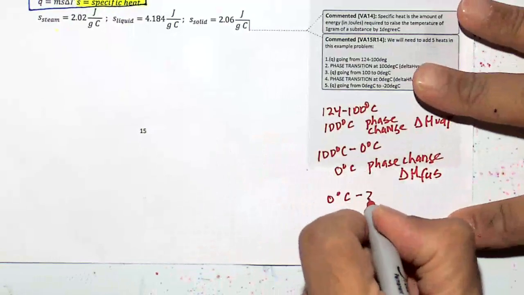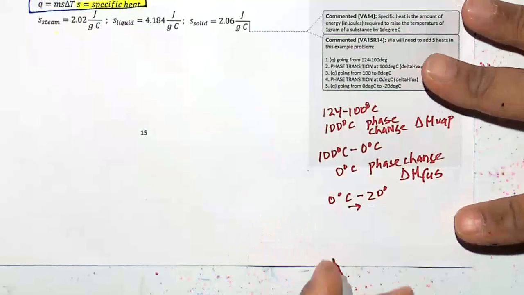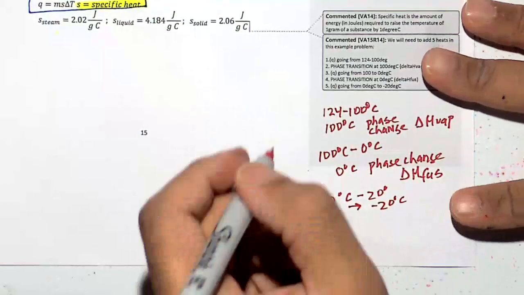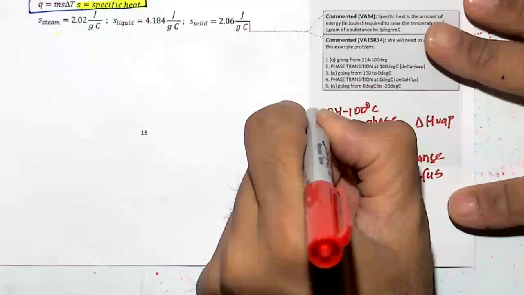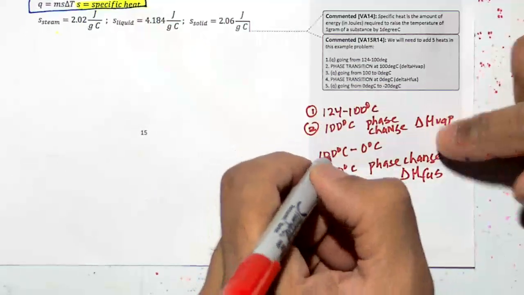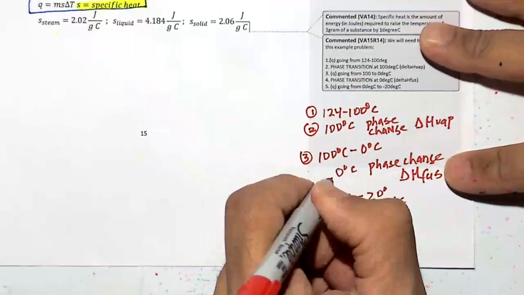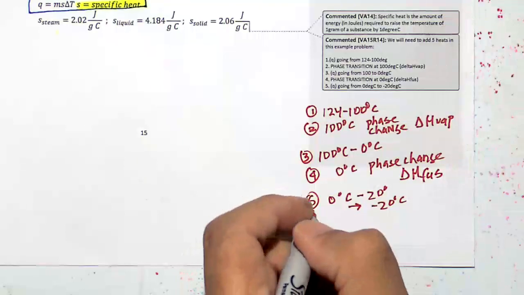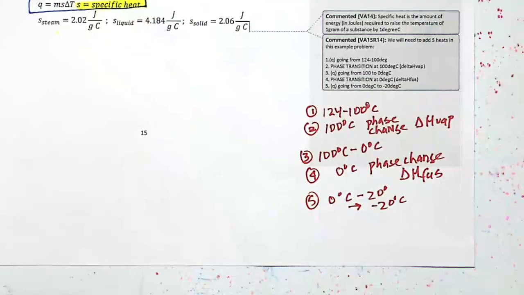So we have to sum up 0 to minus 20. It's not just plug and chug. We have to sum up the heat going from 124 to 100, the phase change at 100 degrees, then 100 degrees to 0 degrees, then the phase change at 0 degrees, and then the heat going from 0 to our final temperature at minus 20. So we're summing up 5 heats, 5 Qs, which is what we will do on